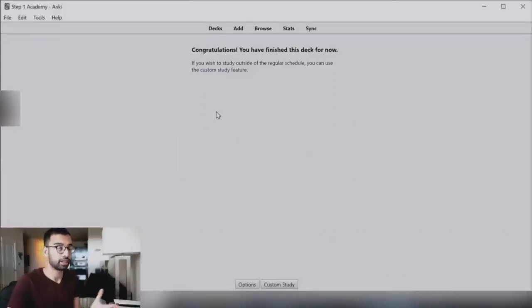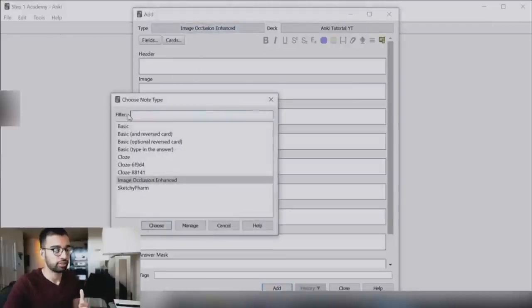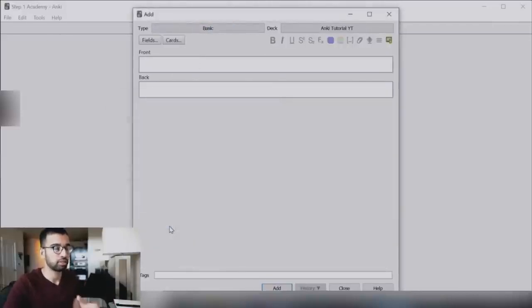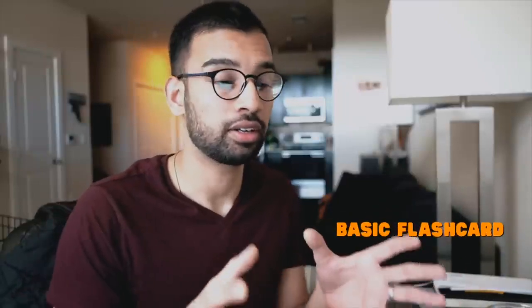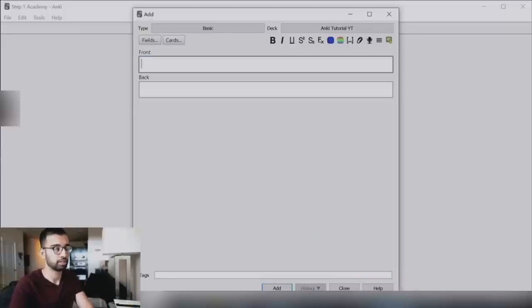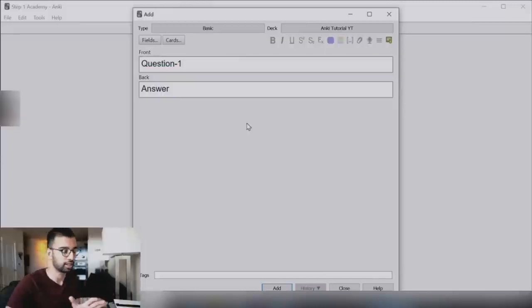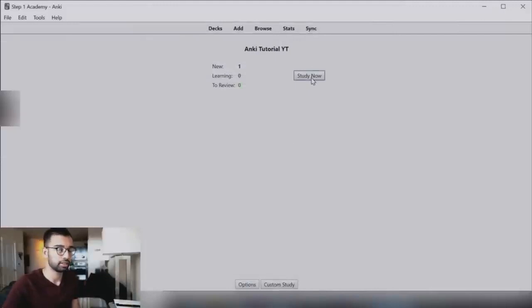Right now I have no flashcards, but you can just click add, and then you can click through the various types of flashcards. Now this may look overwhelming, but the most basic flashcard that you can create is called a basic flashcard. It's a simple front and back, with the question that you would put as well as the answer. I'm just going to put question 1 because it recognizes that I already have a flashcard like that. So if I click add and then close,